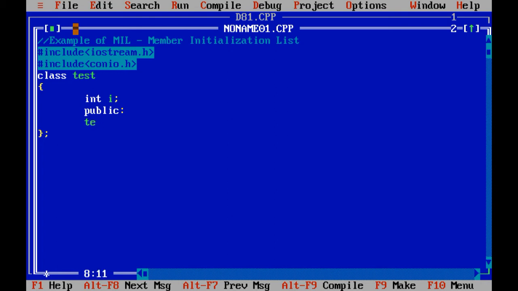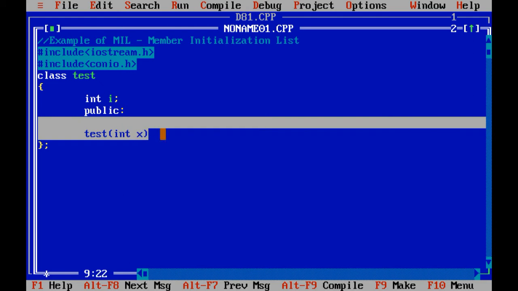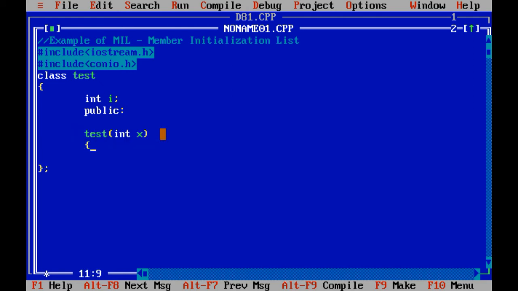You just need to write the way you are going to create the constructor, then in brackets integer x. See, this is the parameterized constructor, right? We have already used this way. Now what you need to do is create empty brackets, and over here you need to apply a colon and then the variable. We are going to write it this way: I(x).